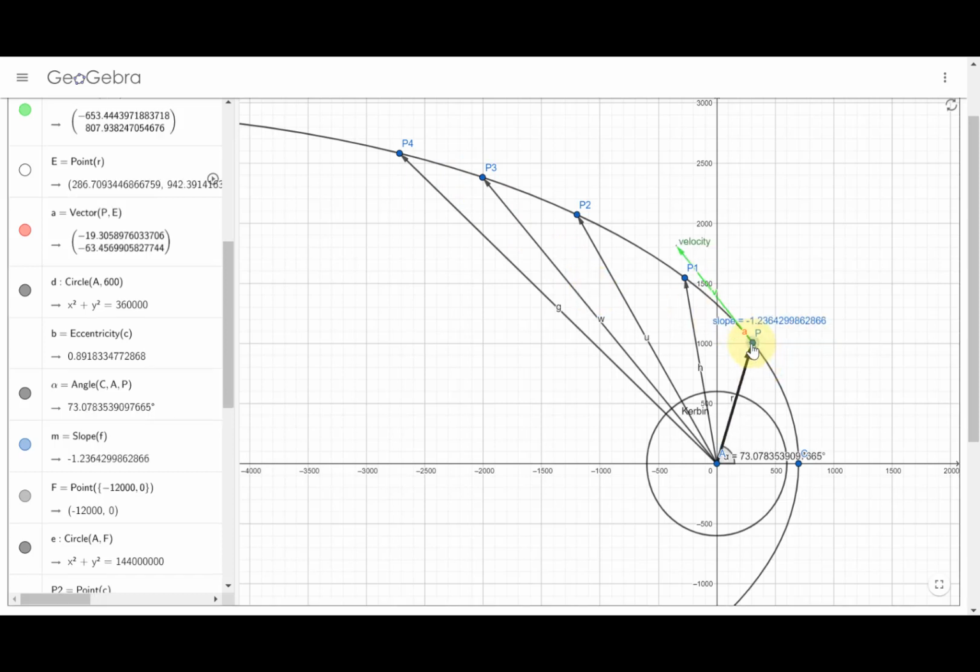So you see the angle is down here, about 73 right now. That's the true anomaly, measured from periapsis, when we're closest to the planet, up to this radial vector. You can see my eccentricity is pretty close to what I have running in the simulation. Here I have 0.89183, but then it goes on a little bit more, a few more decimal places, so they're not precisely the same, both in the game and here in GeoGebra, but I think it'll be close enough to be